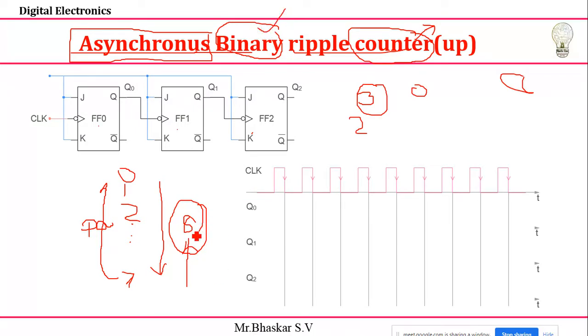So, I don't want 8, sir, I want to stop somewhere. For example, I want to stop at 0 to 5 only. After 5, I need to repeat the process: 0, 1, 2, 3, 4, 5. After that I need to come back to 0 and repeat the process. Then that is called a mode counter. We'll see that one: mode 6 counter, mode 7. I want to stop at 7 or I need to stop at 8 or I want to stop at 4 or mode 2. I want only the count of 0, 1, 2 only. That time how I'm going to write the circuit, we'll see that later.